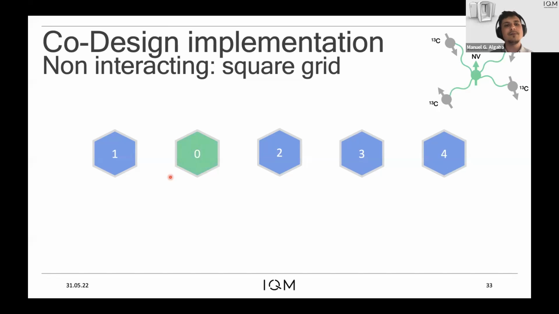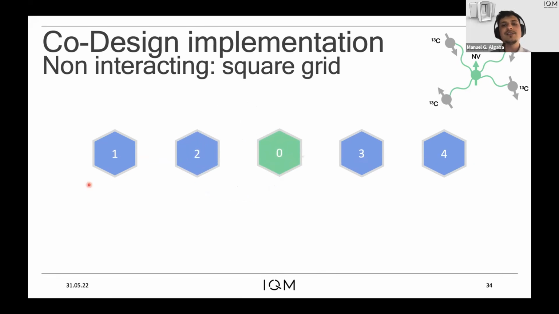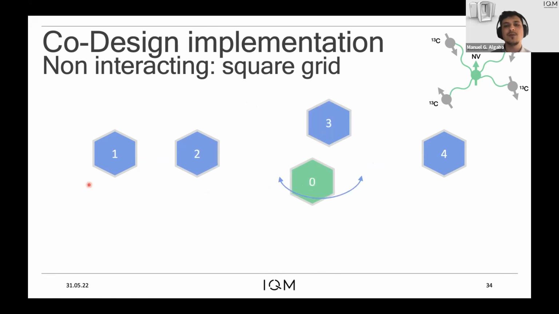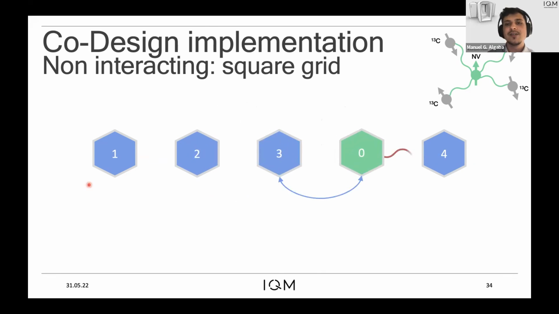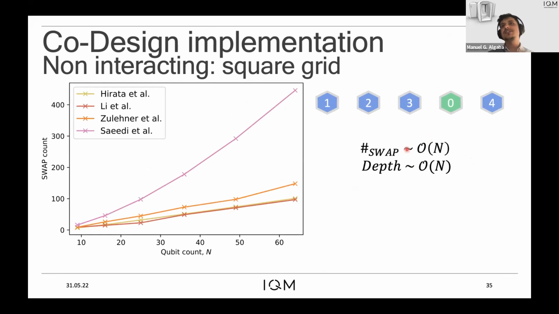The 0 will be the NV center. Now we perform the neighboring interactions. We swap around with the following qubit. We perform the next interaction. We swap around and we keep doing this along all the line. So this way, we will find the one further step simulation in a linear number of swaps in a linear depth. And if we plot this here compared to the numerical approaches, we see that we outperform the numerical approaches